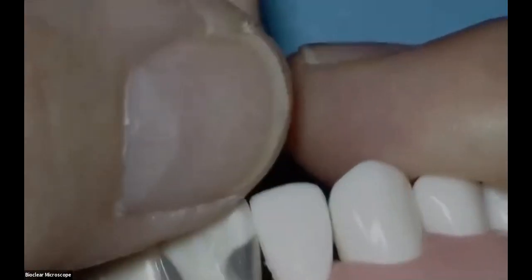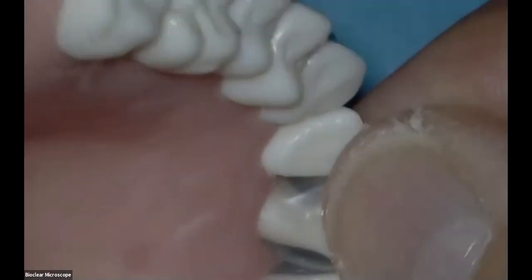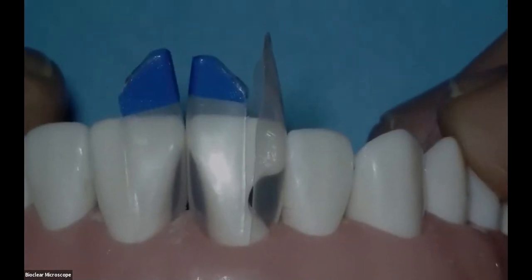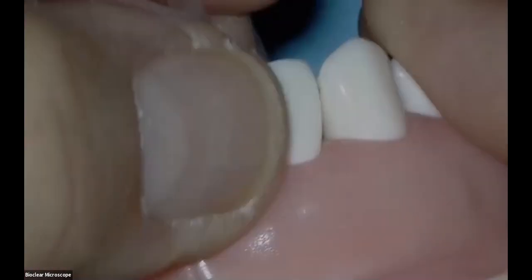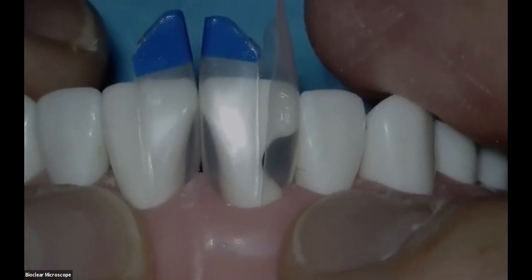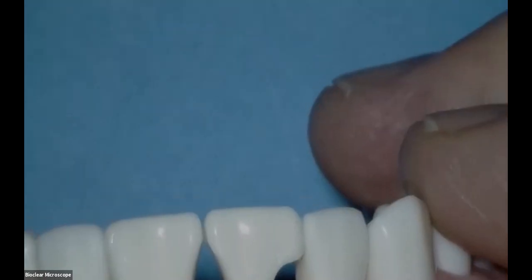So I'm all set up. My matrix is all the way subgingival, and I'm ready for injection molding. I like to try the matrices in before the rubber dam goes on to see what the relationship is with the soft tissue and the matrix. So now I would take the matrices off, put on the rubber dam,